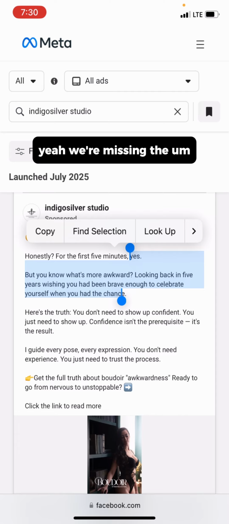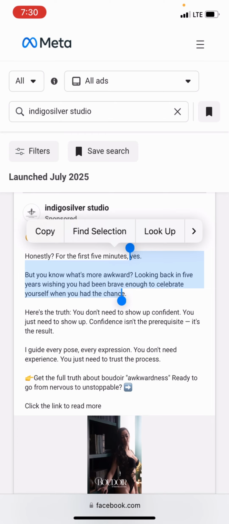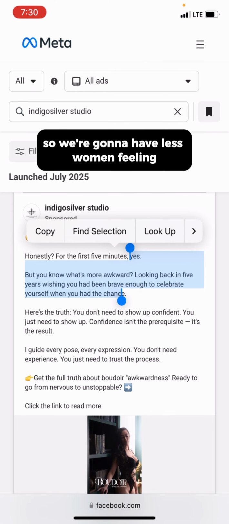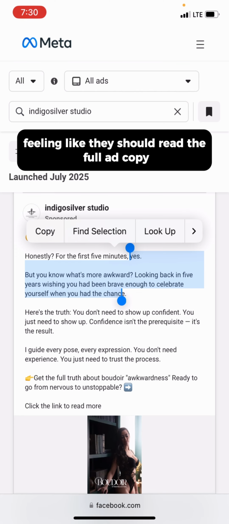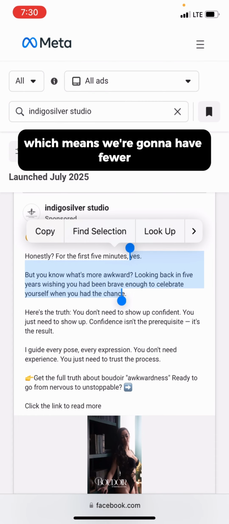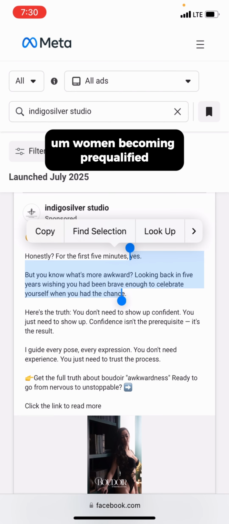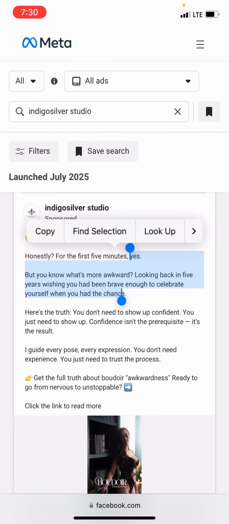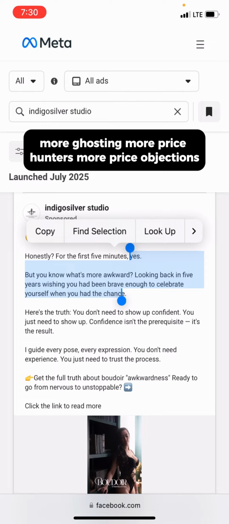We're missing the authority hook, the hook 2. So we're gonna have less women feeling like they should read the full ad copy, which means fewer women becoming pre-qualified, and which results in fewer qualified leads, fewer qualified appointments, more ghosting, more price hunters, more price